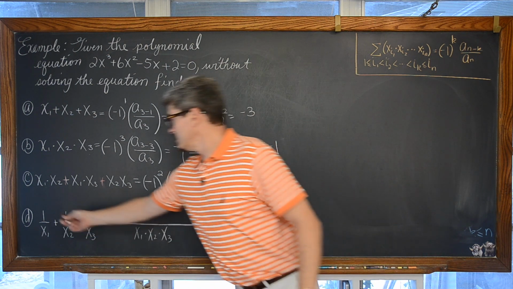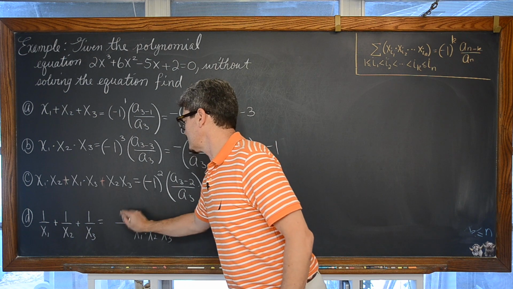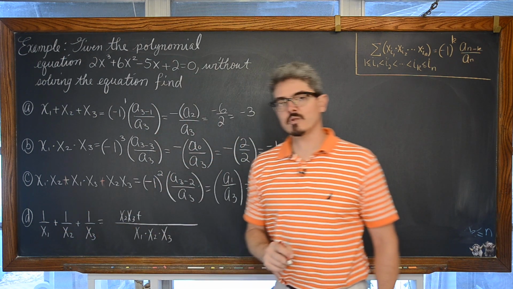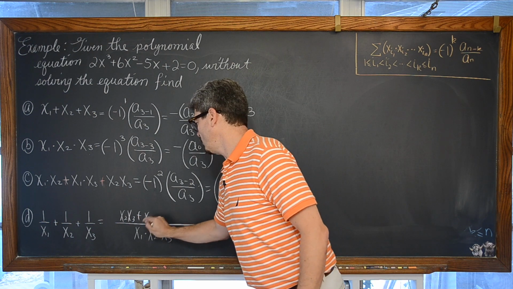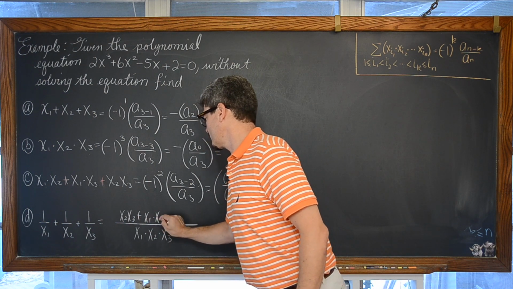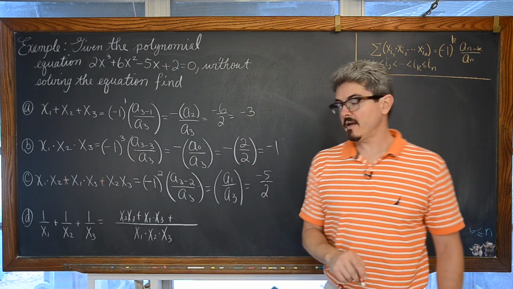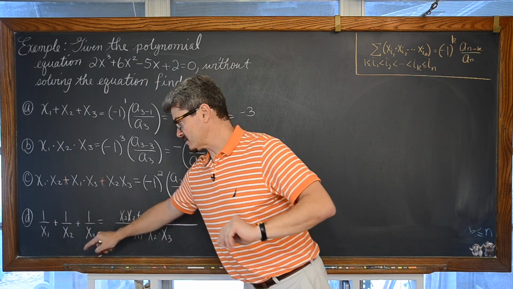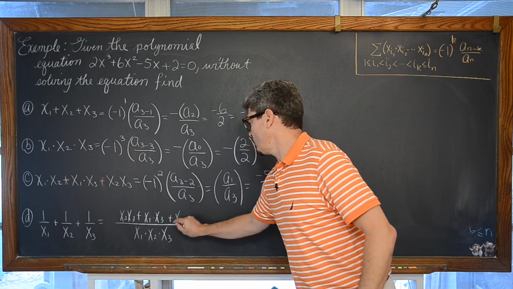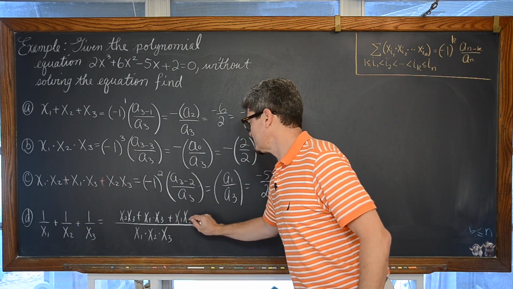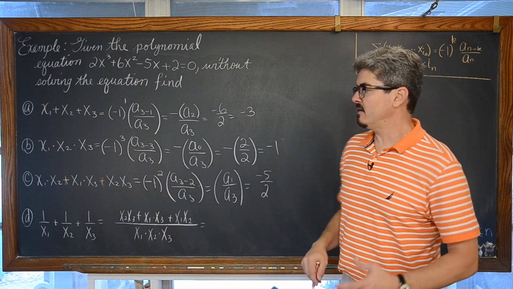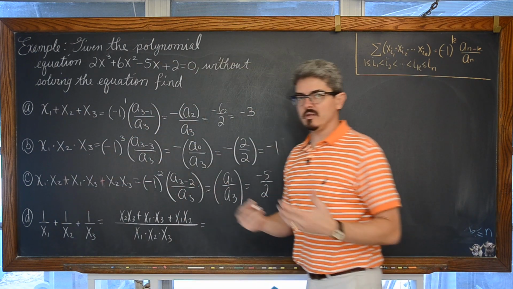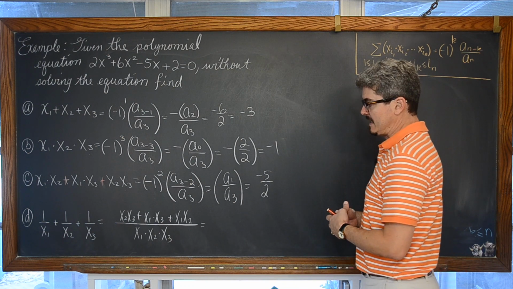And our first term in our numerator is going to be x sub 2 times x sub 3. Our second term in the numerator is going to be x sub 1 times x sub 3. And then finally, with our x sub 3 already in our denominator, multiplying again by x sub 1, x sub 2, we have x sub 1, x sub 2. And because we have already had these simpler examples in parts A, B, and C, we have the parts that we already need.